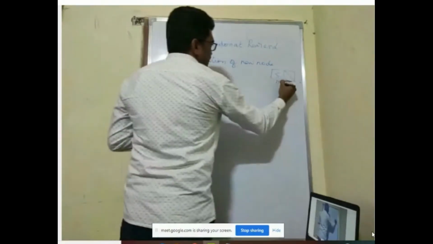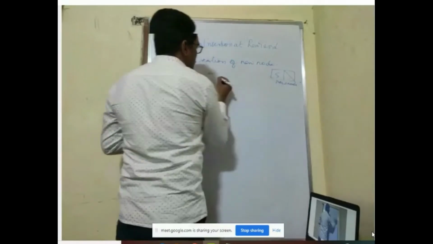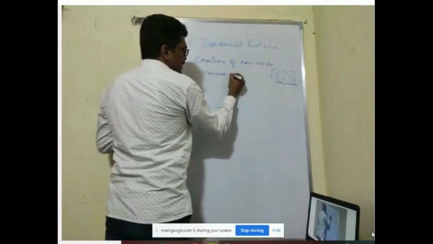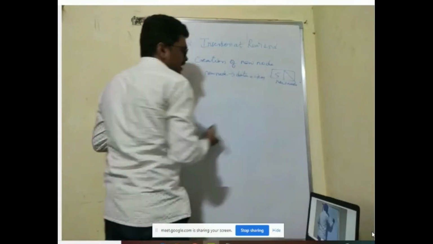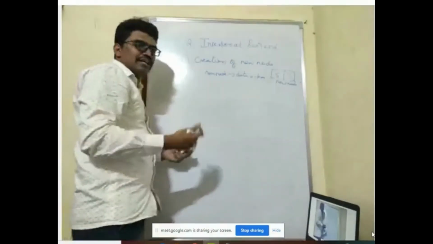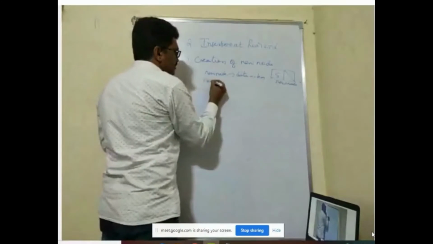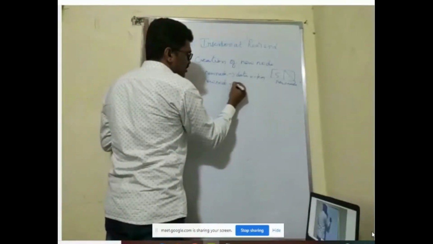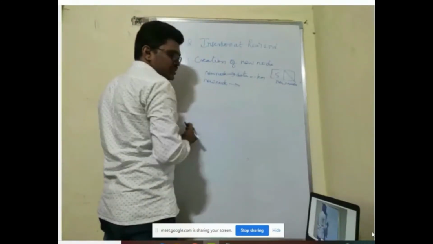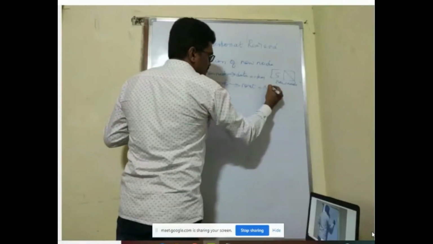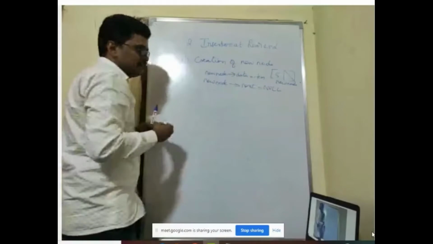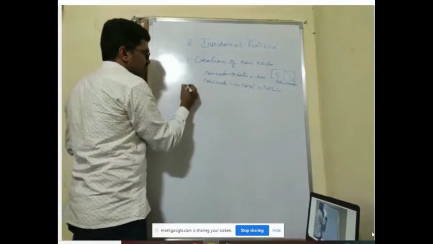So this is my new node. First, new node data is equal to whatever value they are giving. I used item. Some people will use key or whatever it is. Then for every field of the new node you have to use the arrow, because it is a pointer. New node next is equal to null. Creation is over.